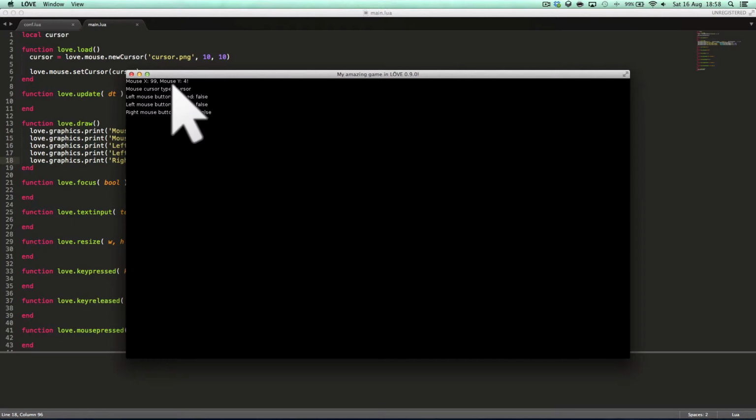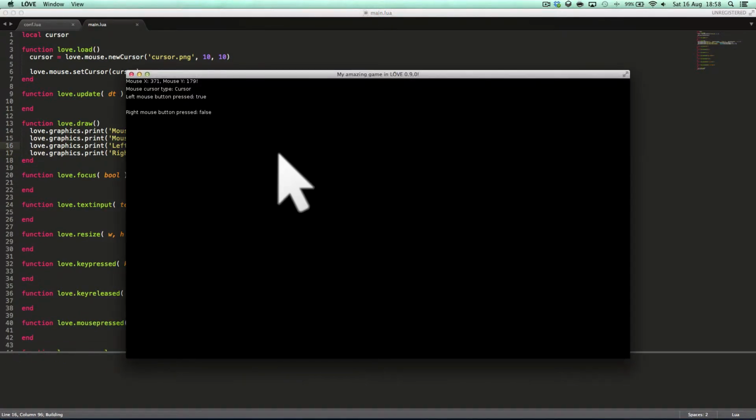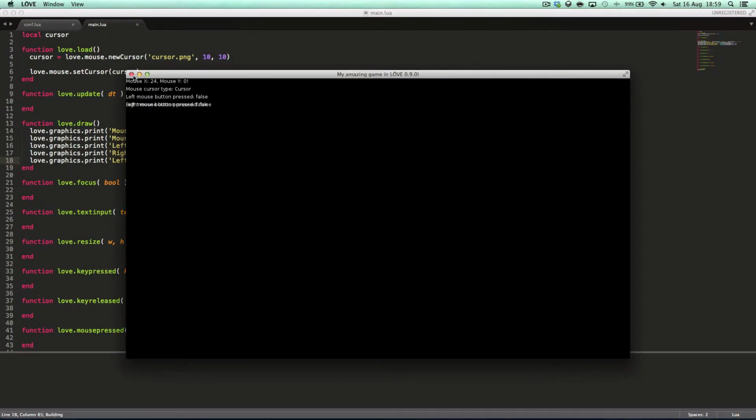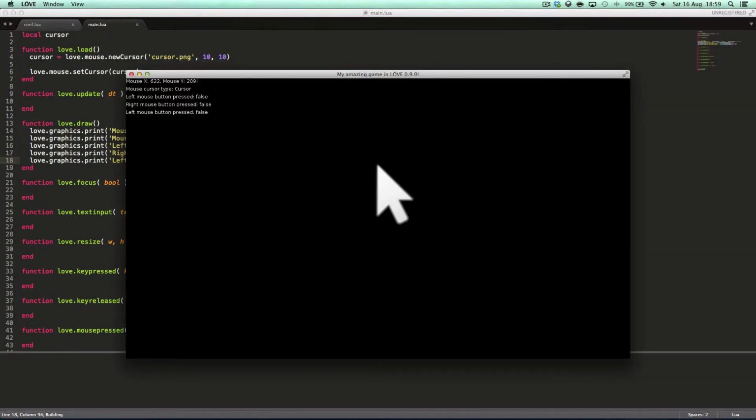Oh, because that's printing the left one as well. Let's just remove this one for now. And as you can see, left mouse button pressed, right, left, right, left. You can't see, but I'm pressing right and left. And there was also the middle mouse button. Ooh, 80. I don't know if I can press the middle mouse button because my mouse wheel is